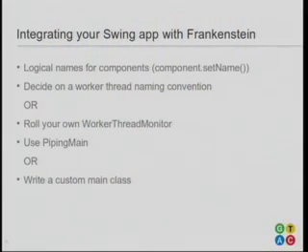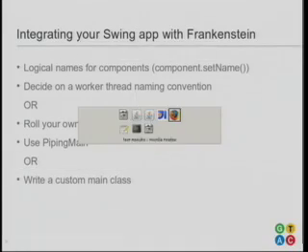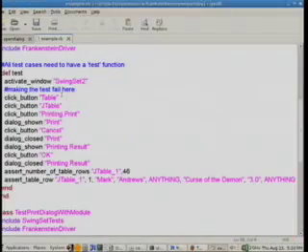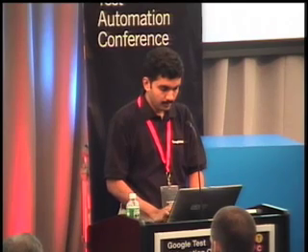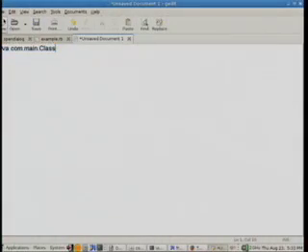So how that works is, let's say that the command to actually launch your application is something like Java, a bunch of arguments, and then the main class name. All that you need to do is put in the piping main class name in front of your main class name, and that's all that it'll take. So for instance, let's say that's the command that you use for launching an application. All that you would need to do is